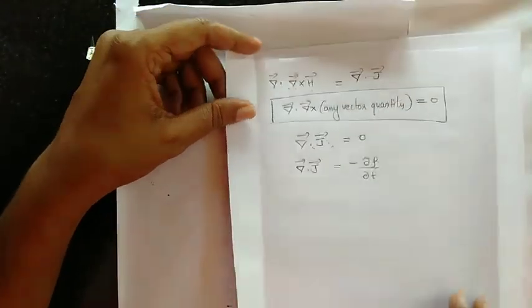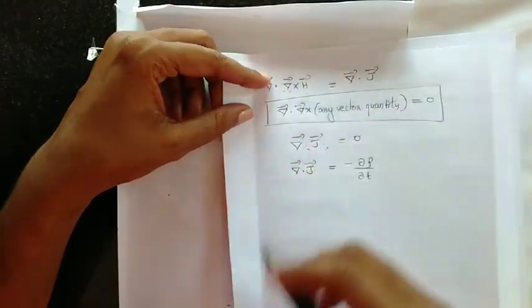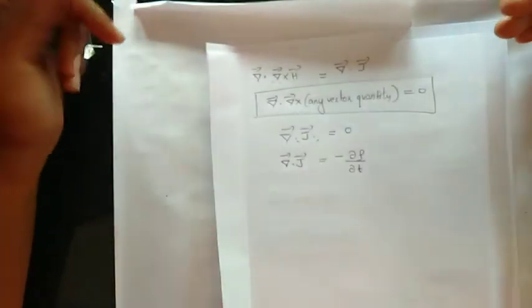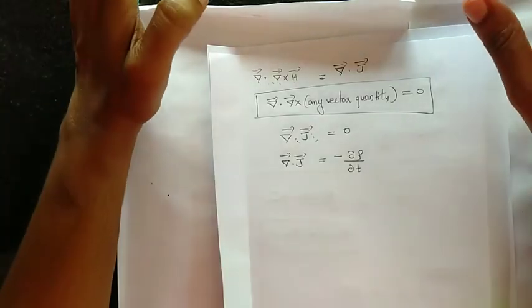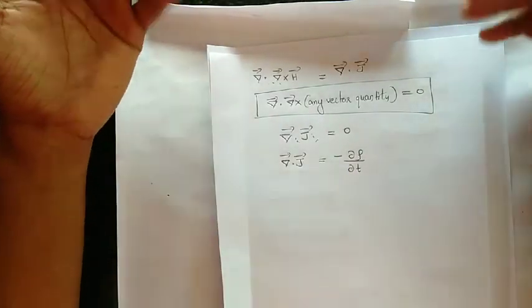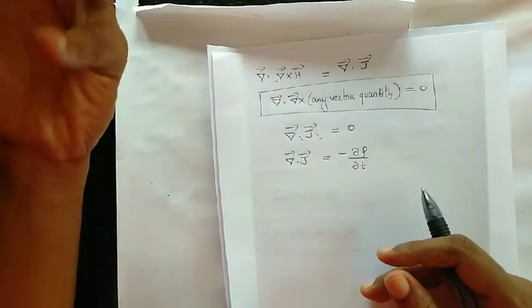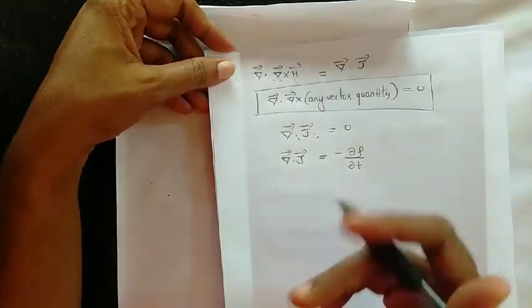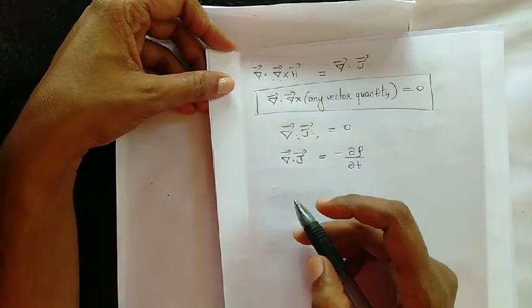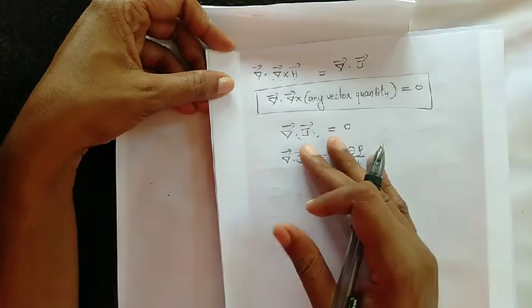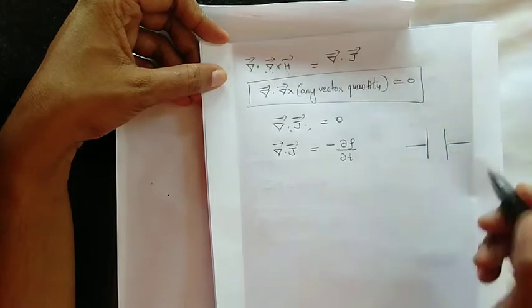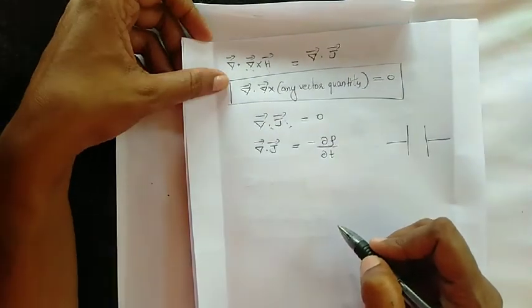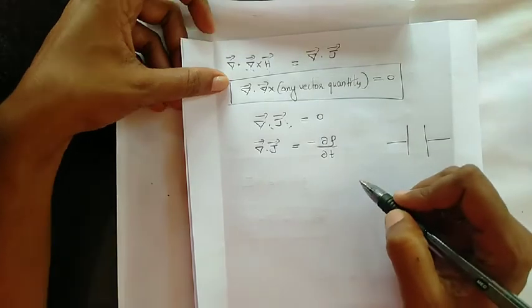Displacement current means another way a magnetic field can be created. Till now we have studied that only current, meaning moving charge, can create a magnetic field, isn't it? But it is not like that. Not only moving charges, a particle or matter which is moving, can create a magnetic field. There is another source also for producing a magnetic field, which is a time varying electric field. For example, in between the plates of a capacitor, there will be some time varying electric field. It can also act as a source of magnetic field.